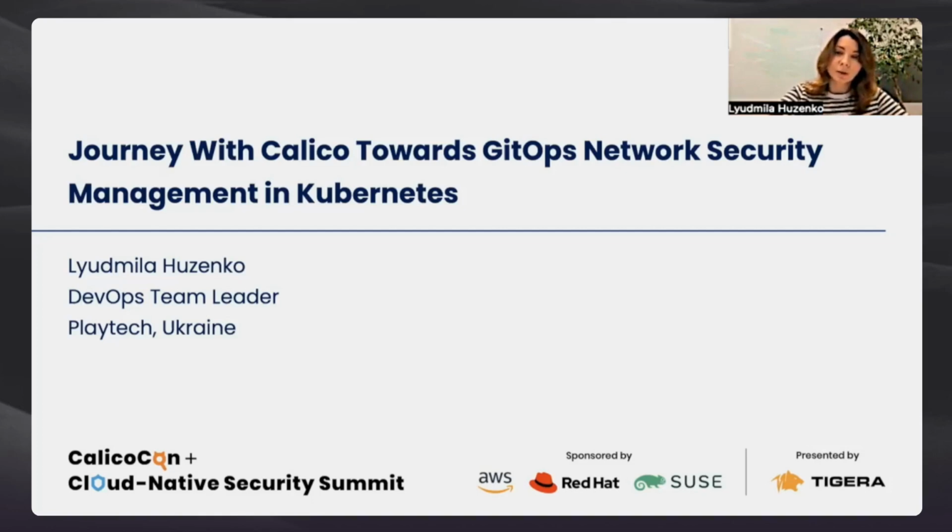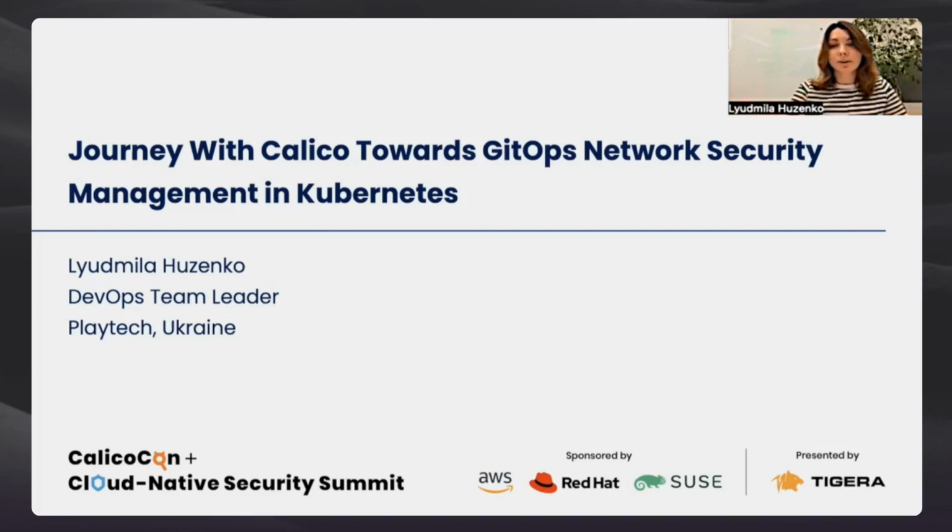Part of the project was securing our pod-to-pod communication to substitute the current firewall approach for the Nomad. Today, I'm going to tell you about the journey on this way, the steps we took, and the automation we created for this solution. Also, about the lessons learned. The views expressed here are our personal experience of how to adopt network policies in your Kubernetes cluster, which means I'm not providing some universal scheme, but we want to share our experience, what went well, what went badly,